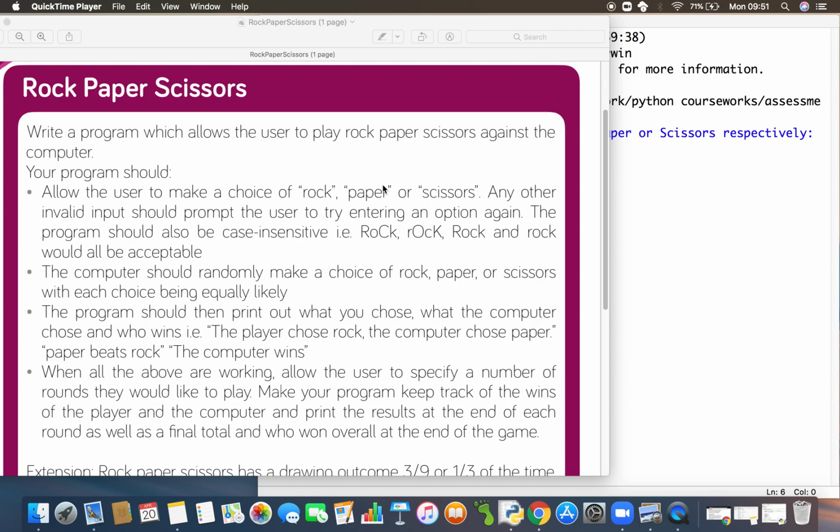Hi, Luke here from Technocamps, and today we're just going to be going through a quick little programming task for you guys to do. So we're going to ask you to try and program a computer game of rock, paper, scissors. What your program should do is allow the user to enter a choice of rock, paper,